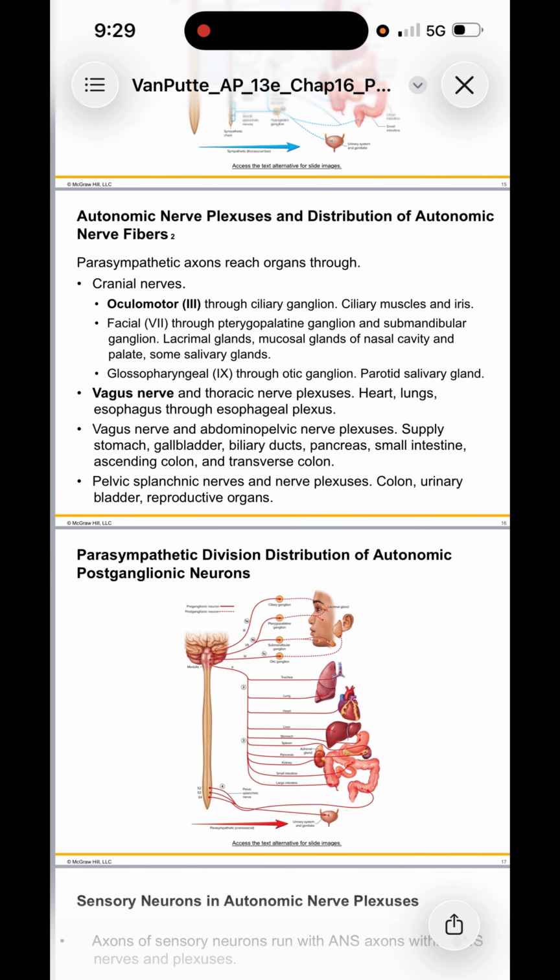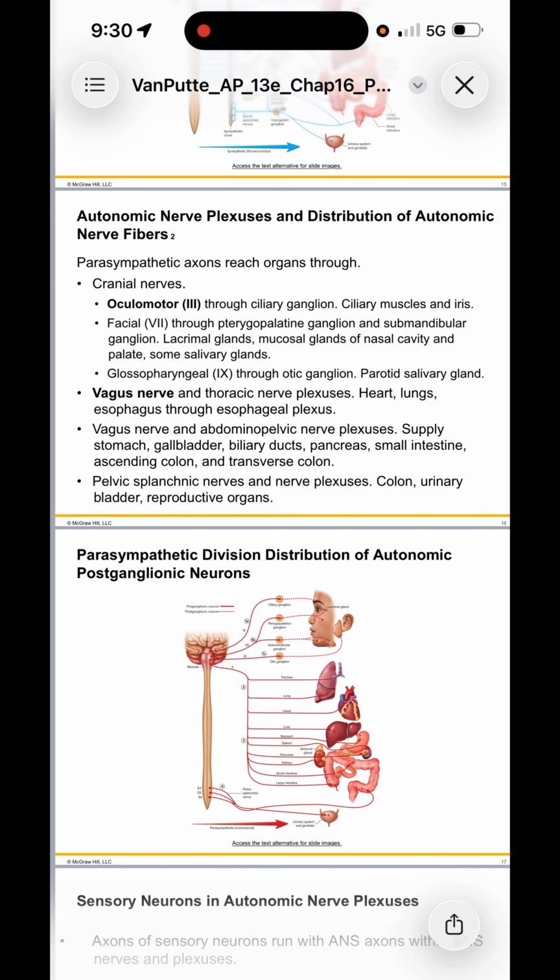Autonomic nerve plexuses and distribution of autonomic nerve fibers. Parasympathetic axons reach organs through cranial nerves: oculomotor III through the ciliary ganglion to the ciliary muscles and iris; facial VII through the pterygopalatine ganglion and submandibular ganglion to the lacrimal glands, mucosal glands of the nasal cavity and palate, and some salivary glands; glossopharyngeal IX through the otic ganglion to the parotid salivary gland; vagus nerve and thoracic